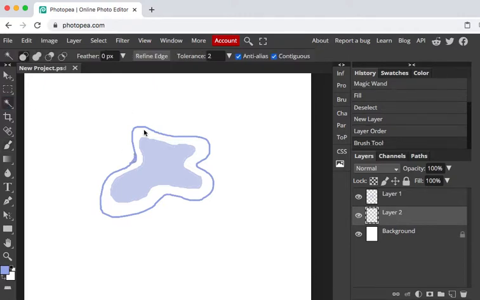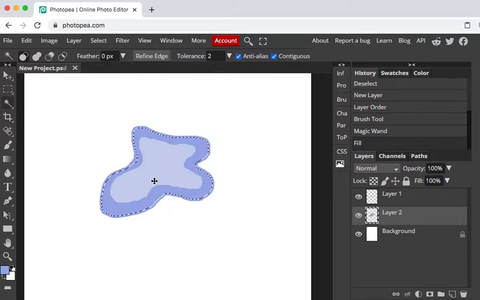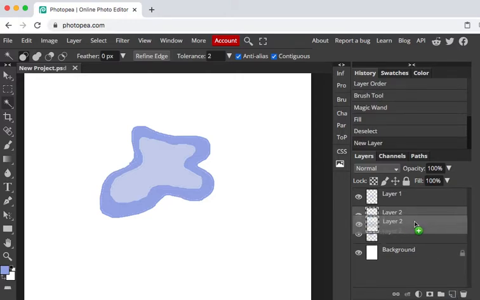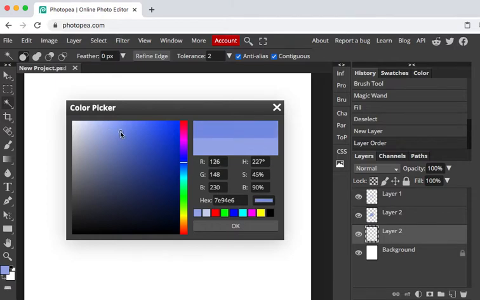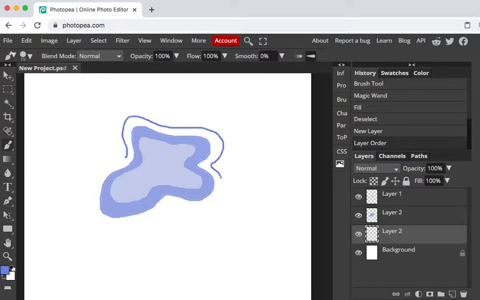Same thing, I'm going to use my picker tool, edit fill, foreground color, Command D to deselect. I'm going to create a new layer. Again, I'm going to drag the new layer below, go back to my color again, slightly darker, okay, and I'm going to draw a new contour, slightly following the older one,